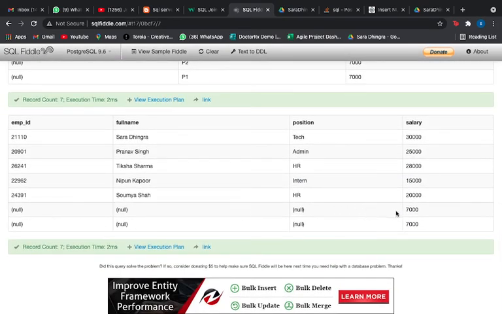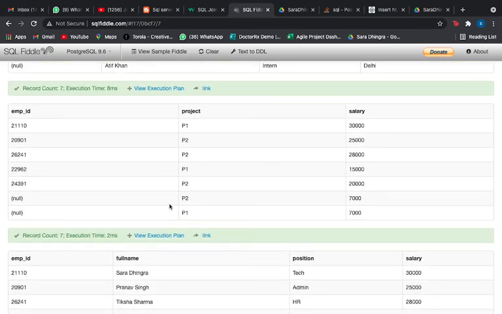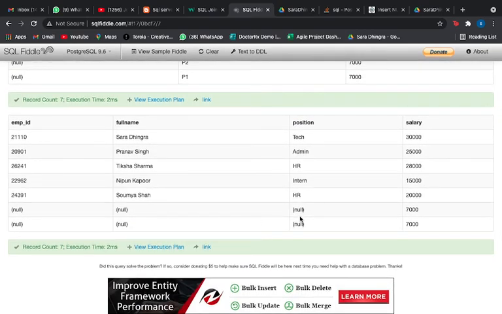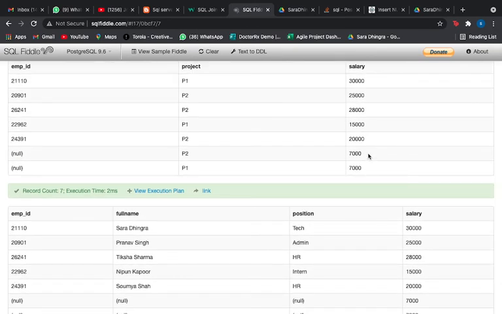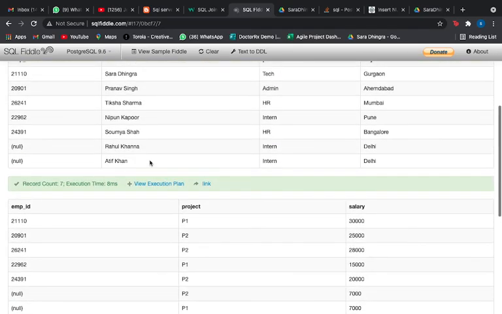Yeah, and if you see now, I have got two rows. I have got the matching records from both the tables. Then I have got non-matching records from right table. Now in the right table, if you see, we had employer ID, that was null, and then we had project, and then we had the salary. Project we are not displaying, so it is obviously going to show me null. And we don't have values for full name and position here, that is why it is showing me null, null, and just the salary which we have, right? So this is the right outer join, getting us matching values from both the tables and null values or non-matching values, you can say, from the right table.